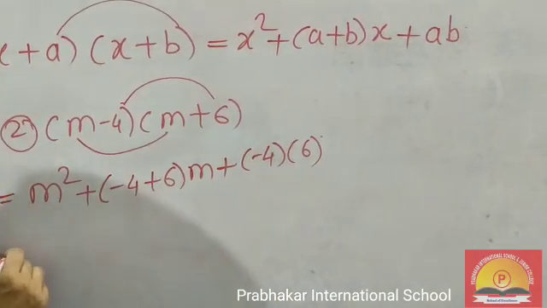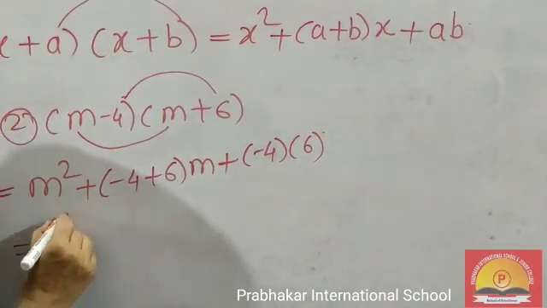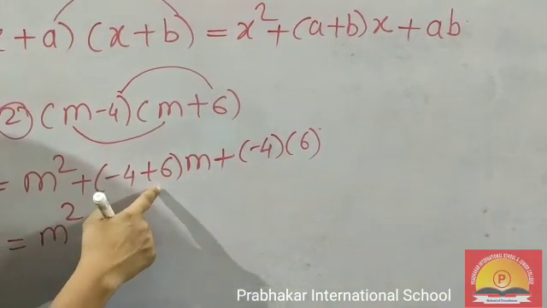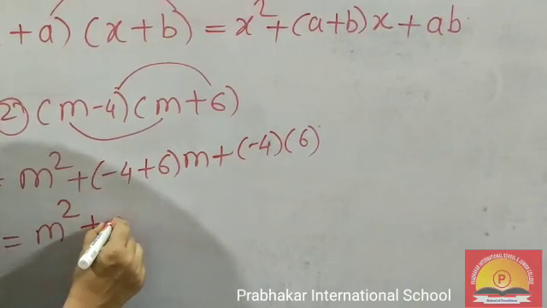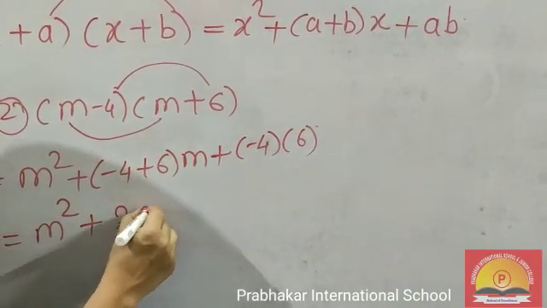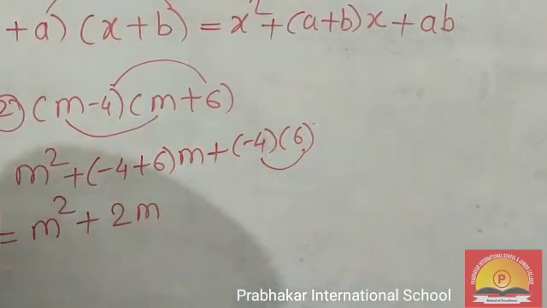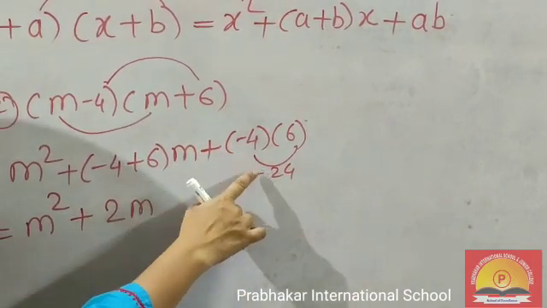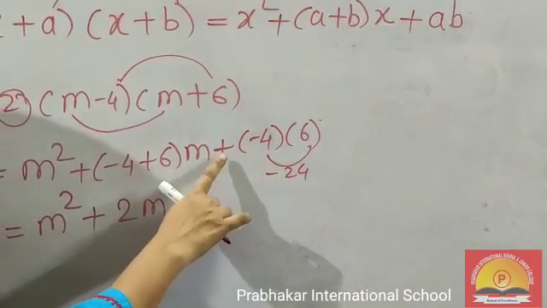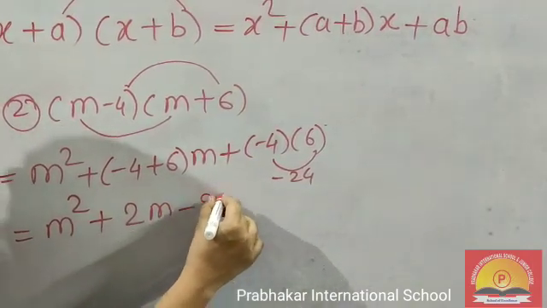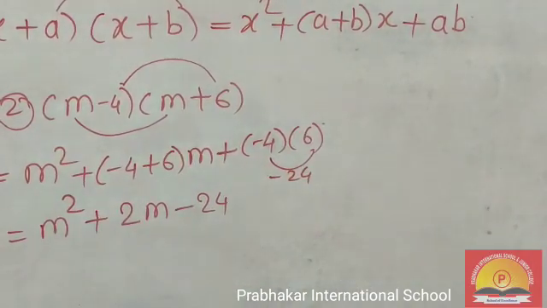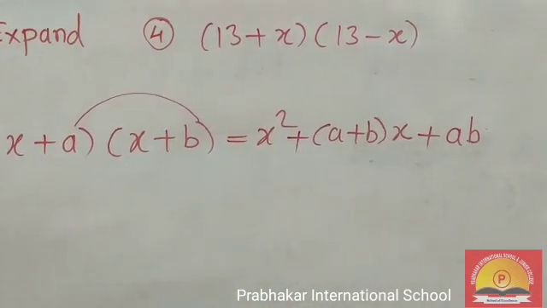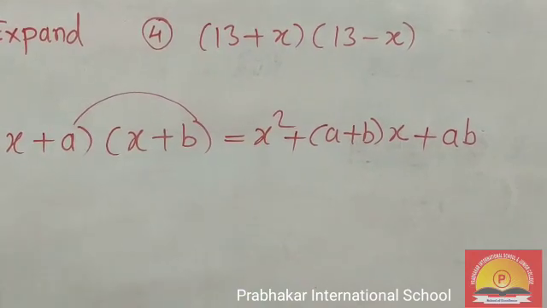Okay. Next step is m square as it is. Now solve the bracket. So you can see minus 4 plus 6, it will come plus 2, and this is also plus, so it will come plus 2m. Now multiply this, so it will come minus 24, 4 6s are 24, and this is negative, so the answer will come negative. Now you can see plus minus, minus, therefore it is minus 24. So your answer is m square plus 2m minus 24. Now the third question you can do in homework. We will discuss question number 4.